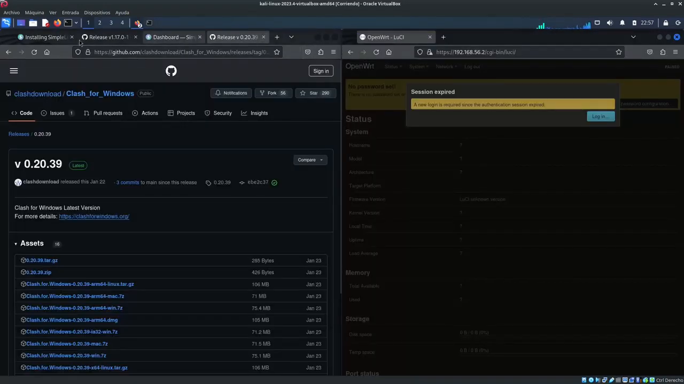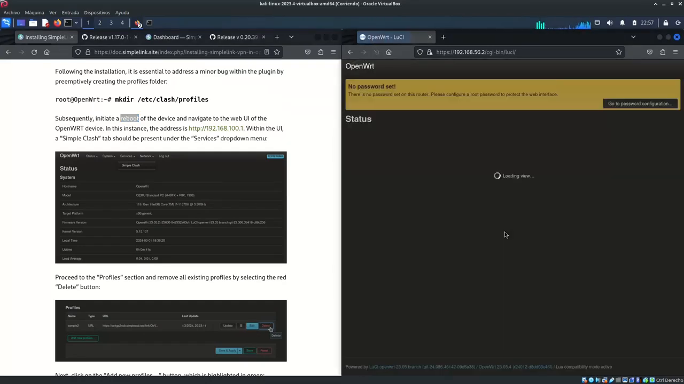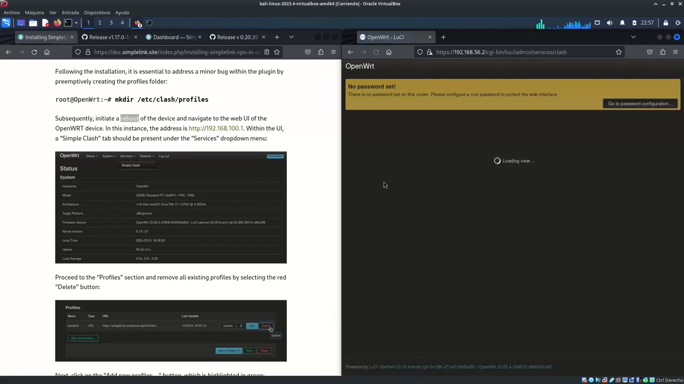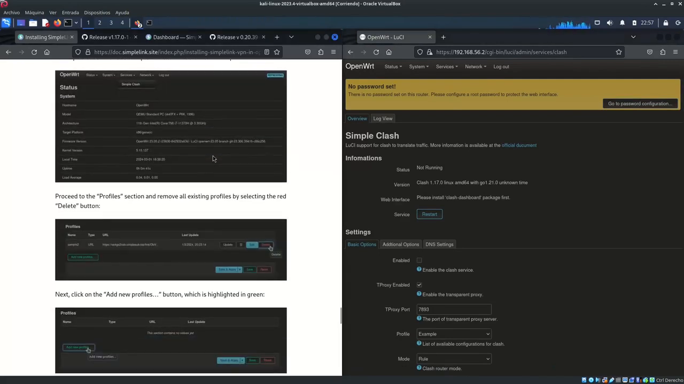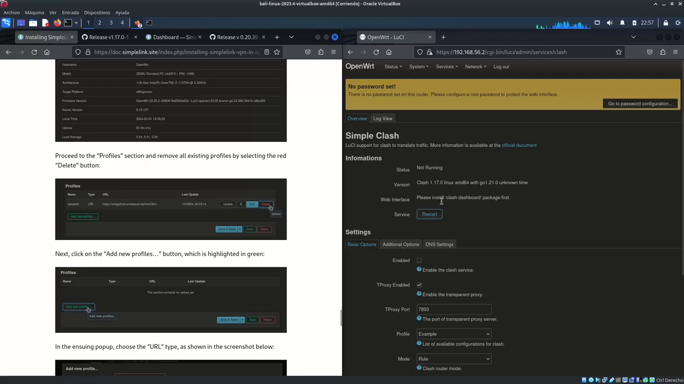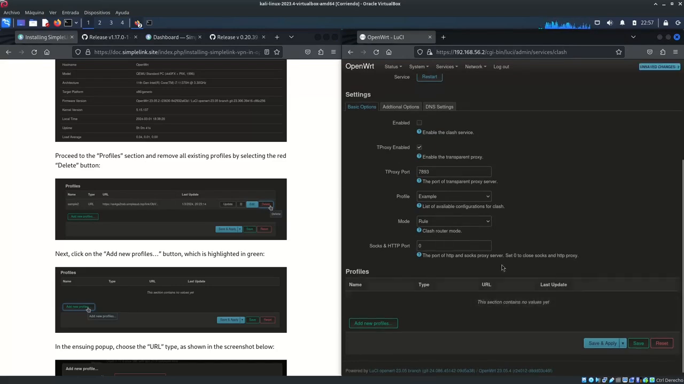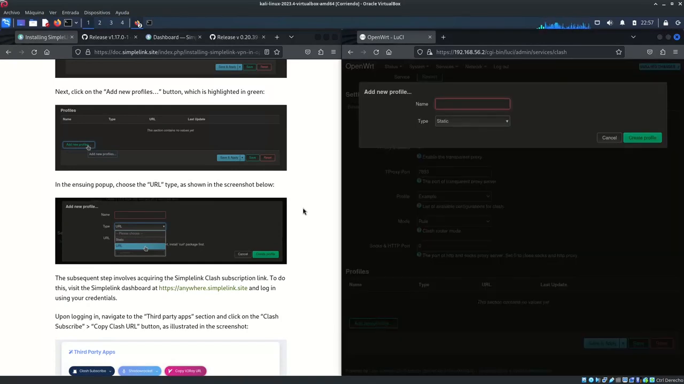Okay, if we access the graphical interface of the router right now, we can see that we have the Services tab on the top menu, and we have the Simple Clash item beneath. So we can see here the status of Clash. We're going to configure the Simplelink profile at the bottom interface. We delete the default profile that is created, and we add the Simplelink profile by clicking on the Add New Profile button,